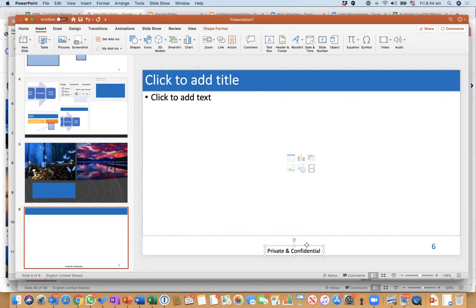Right? So you can put this, but by doing this, the text box is only available in this particular slide, right? As I jump to another slide, this private and confidential message is not there. So what I'm going to do is,